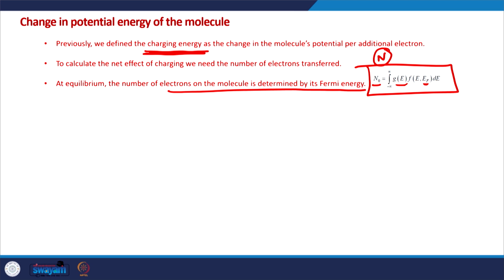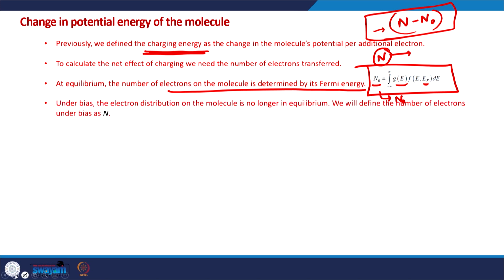So in steady state, if the number of electrons in the molecule is n, in equilibrium the number of electrons on the molecule or on the quantum dot is n naught. So there is this net change of n minus n naught on the quantum dot. And this change in the number of electrons will change the potential energy in two ways. One is the charging energy, second is the state filling energy. Charging energy is modeled by the electrostatic capacitance, and the state filling is modeled by the quantum capacitance. So that way,